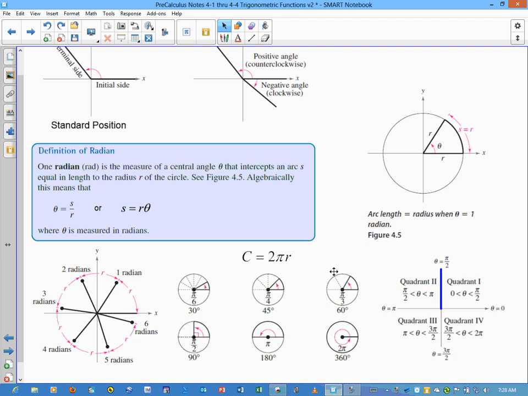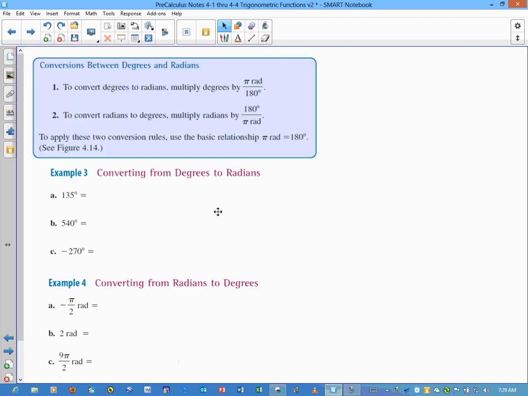Alright, so converting from degrees to radians and radians to degrees, we can do pretty algebraically because the conversion rate is the fact that pi is equal to 180 degrees. So just like doing conversion rates in science, we want to eliminate one of the units in favor of the other unit. So you either multiply by pi over 180 or 180 over pi, depending on which unit you want